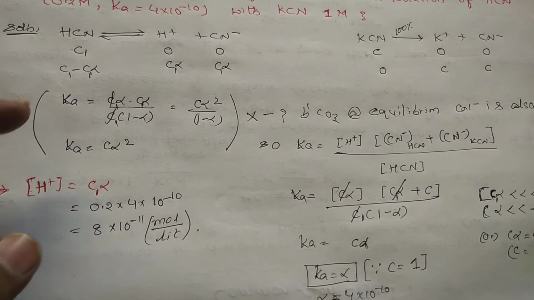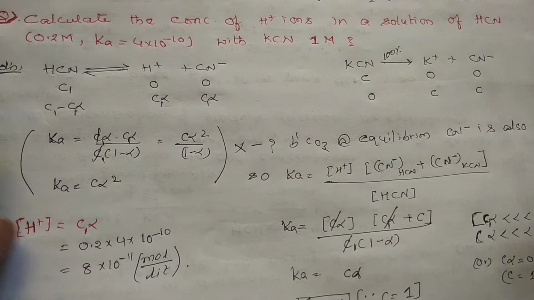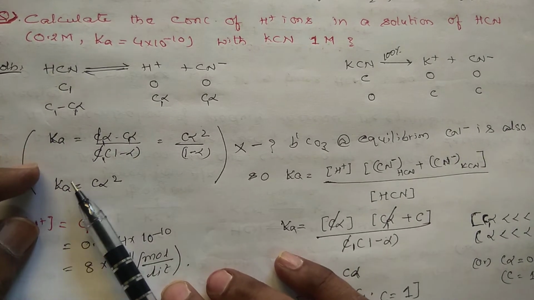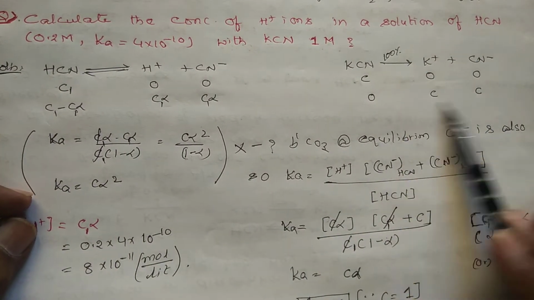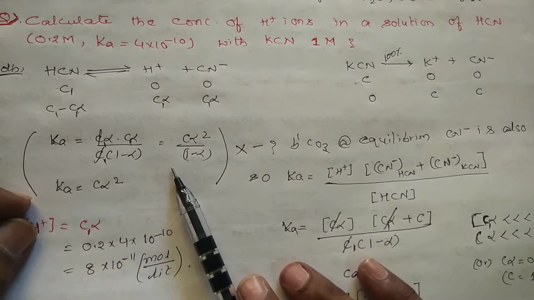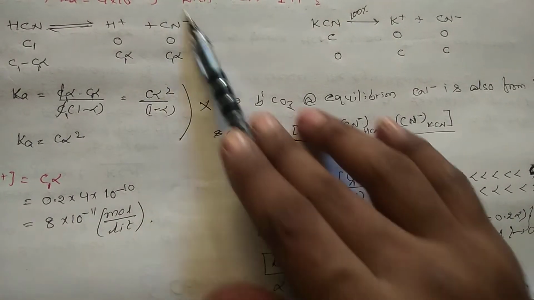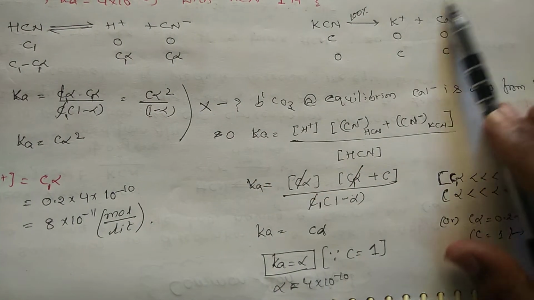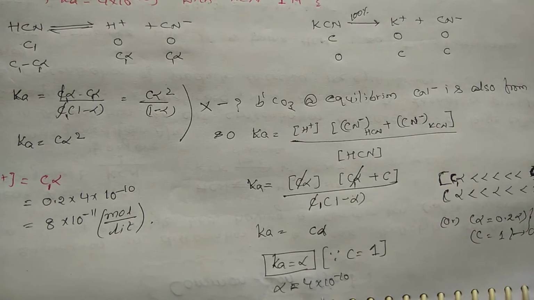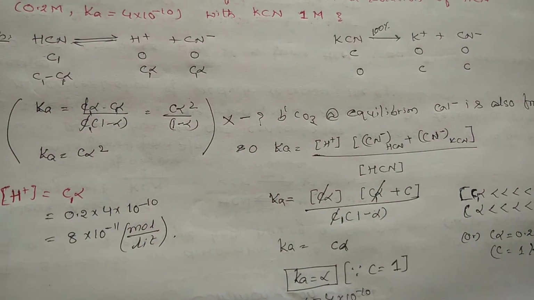So this is the way of doing it when you have the common ion. Once again, students, go through these. Here the equilibrium constant is affected by the concentration of this one also. So you can't ignore the common ion that is present; you should take that also into consideration. But if you take the contribution from the equilibrium of the weak one, it will be very less compared to that of the stronger one. From there you get alpha. Alpha will be substituted here, and you will get the answer.